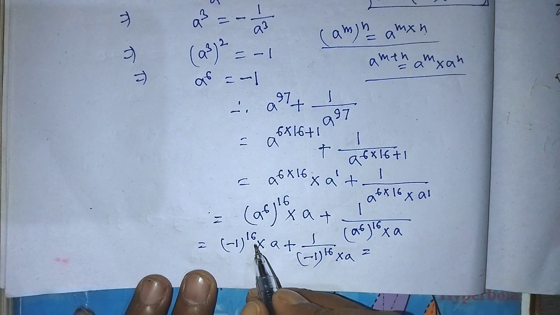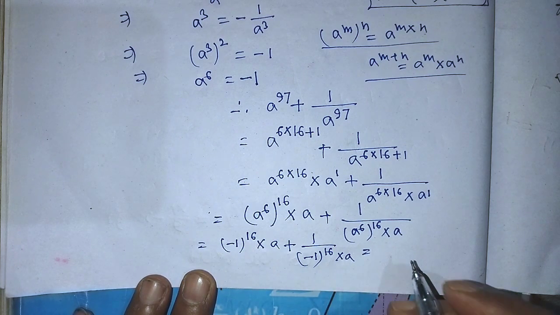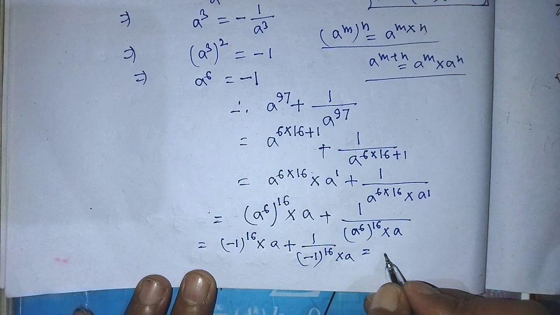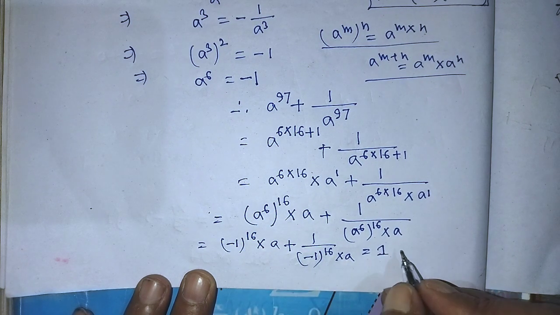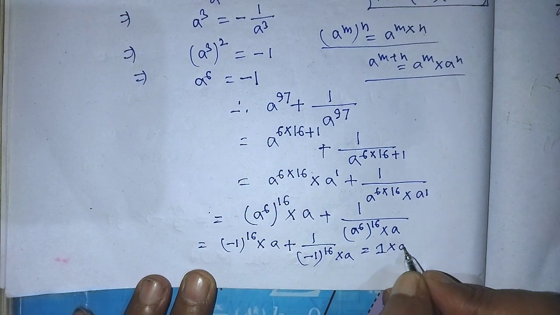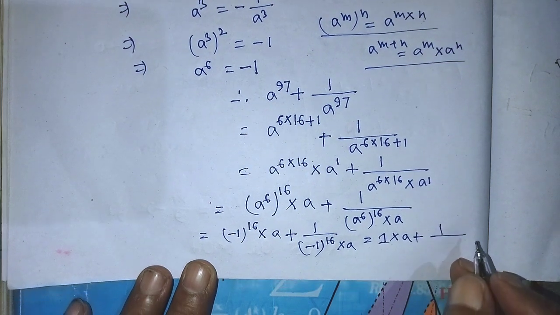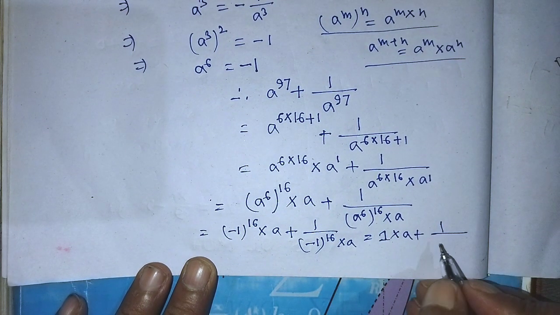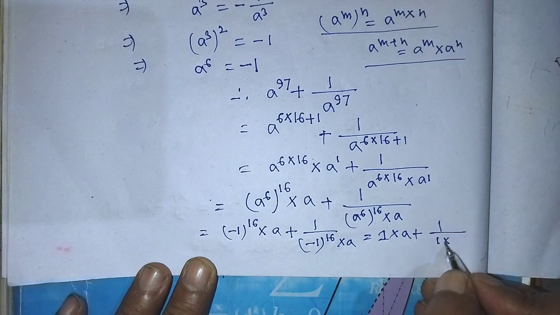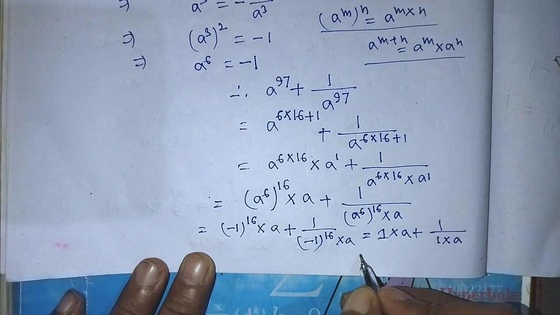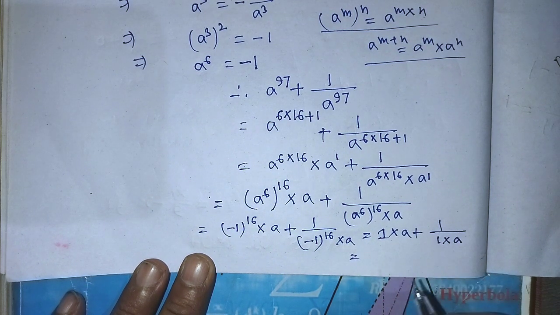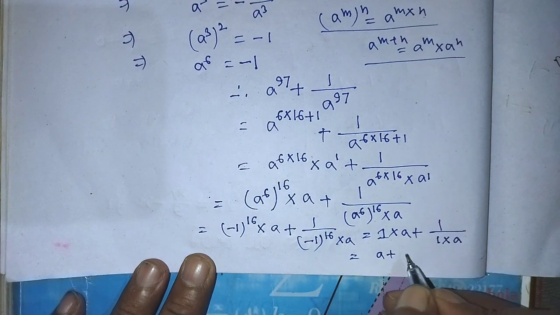Okay. So power is an even number. So we can write 1 into a plus 1 over 1 into a. So student, we can write from this algebraic expression a plus 1 over a is equal to,